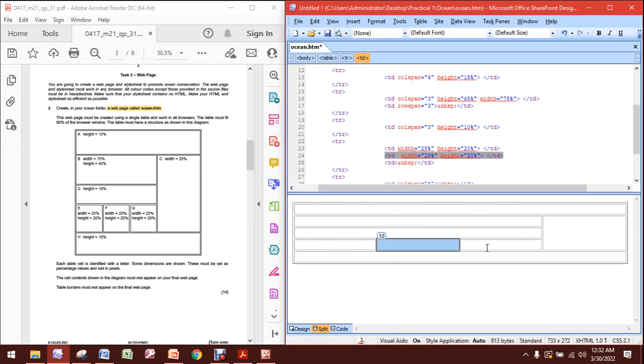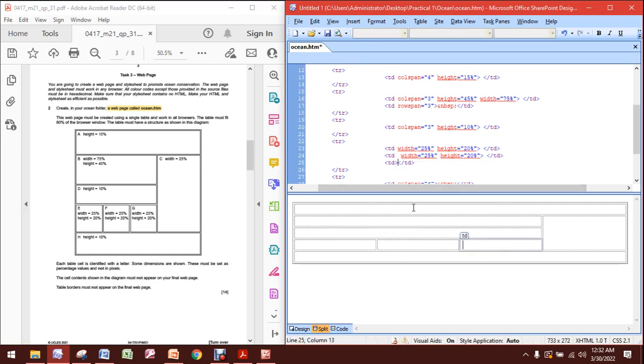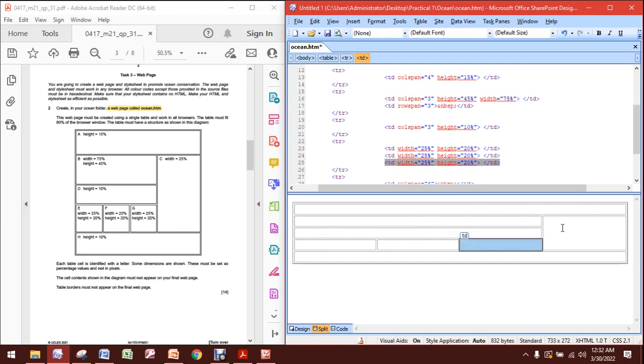Also on to my G cell, and then I'll paste this here. Into my C cell, that is up there,